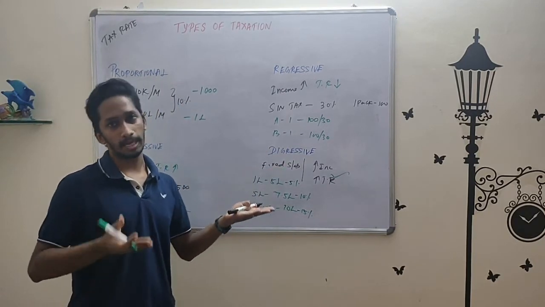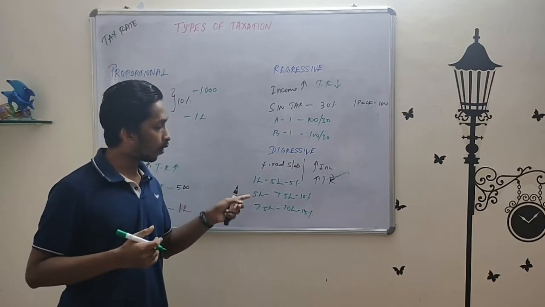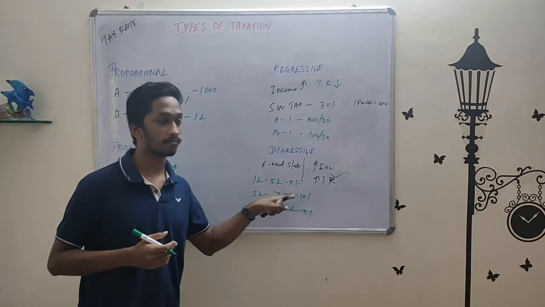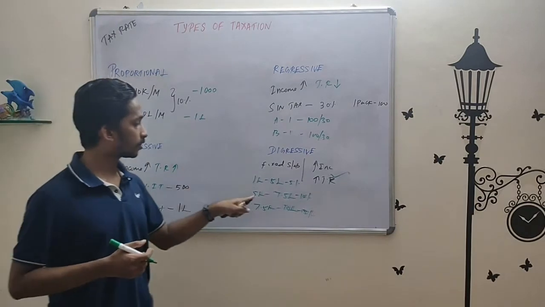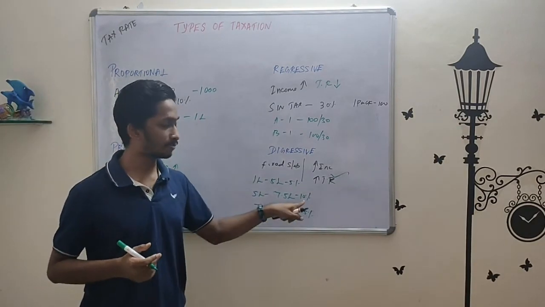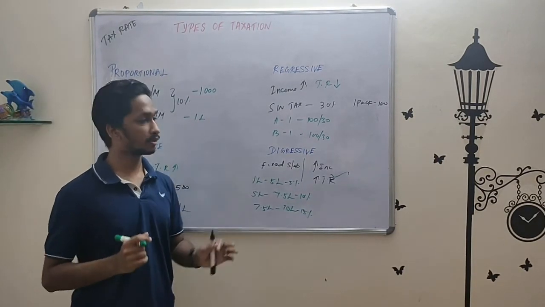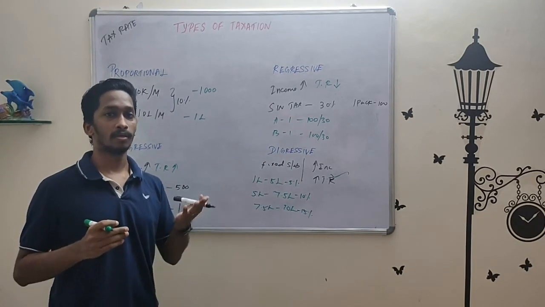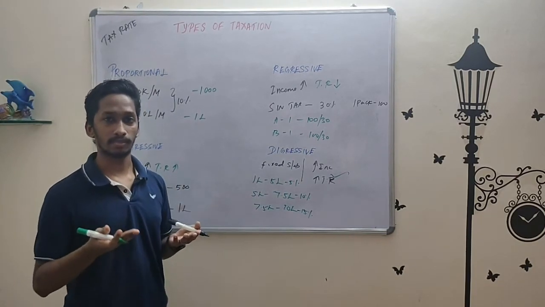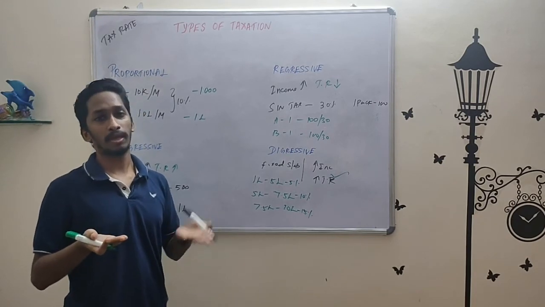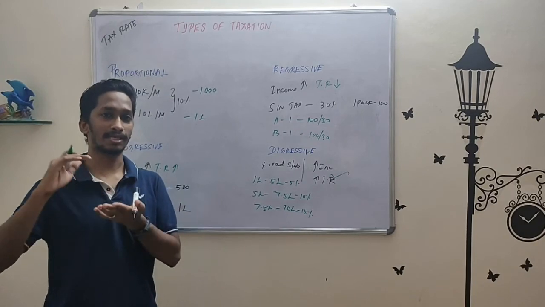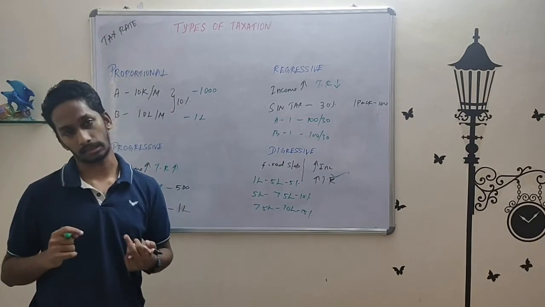As your income goes up, tax rate goes up. But all those who are earning 1 to 5 lakhs are paying the same, proportional. All those who are earning 5 lakhs to 7.5 lakhs are paying the same, proportional. That way, digressive tax is a combination of proportional tax and progressive tax, where as the income goes up, you pay a higher tax rate, but some people in a specific tax bracket are paying the same tax rate.